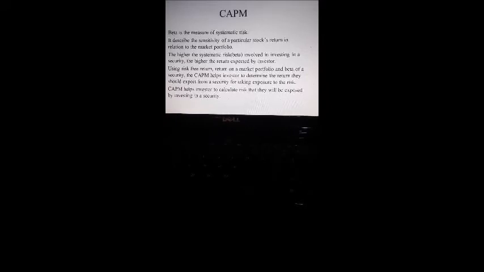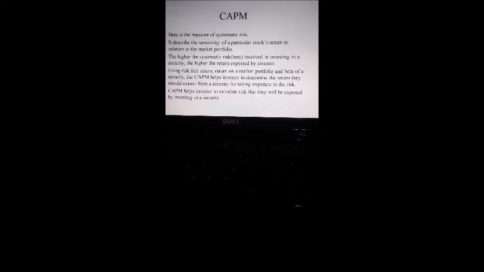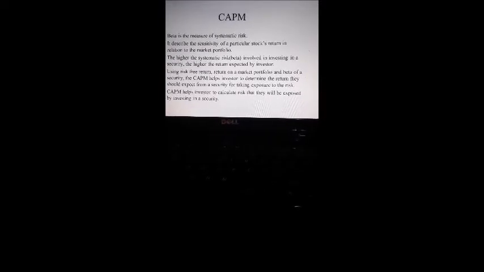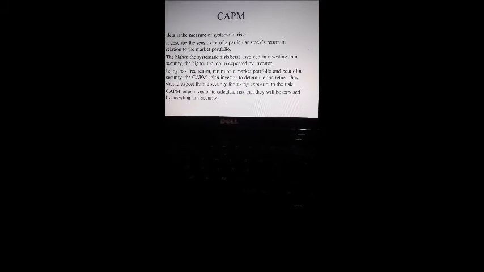Now, according to the capital asset pricing model, the higher the systematic risk involved in investing in a particular investment, the higher the return expected by the investor. Using the risk-free return, the return on a market portfolio and the beta for a security, the capital asset pricing model helps investors to determine the return they should expect from a security, taking into account the exposure to risk. So we say the capital asset pricing model helps investors to calculate the risk that they will be exposed to by investing